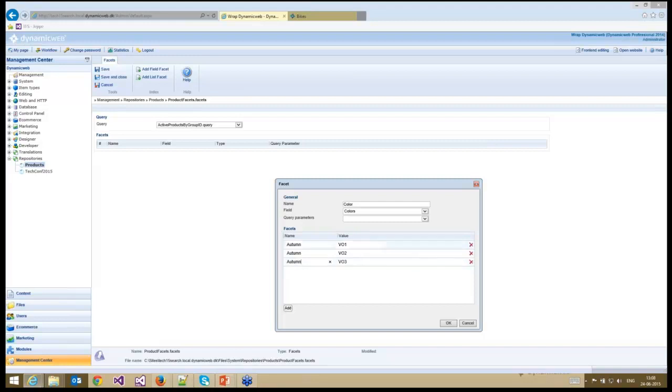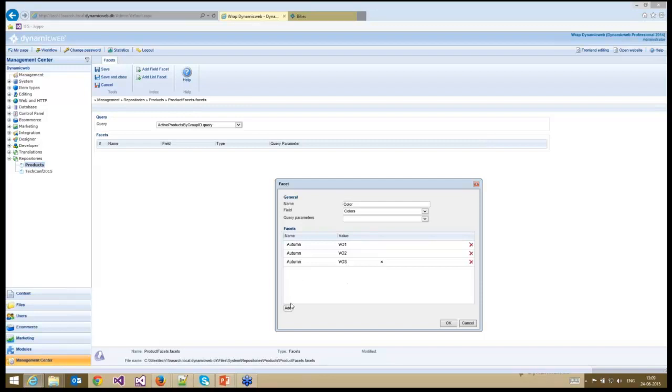So now I have 3 facet values here, 3 different values with the same name. That basically means that the facet in the front end will display 1 value, in this case autumn, but that will have 3 values. So I'll choose anything that's brown and red and orange maybe for autumn colors,